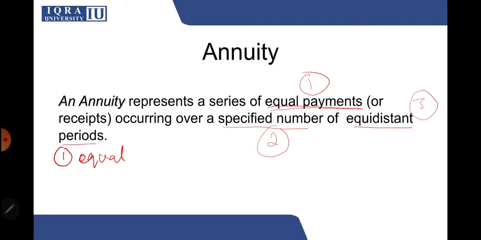The payment is going to be identical, it's going to be equal. The second characteristic is that it has to be for a specified number of years. So there has to be a time limit to it. You need to know when the annuity payment is going to end. So it will always have a defined